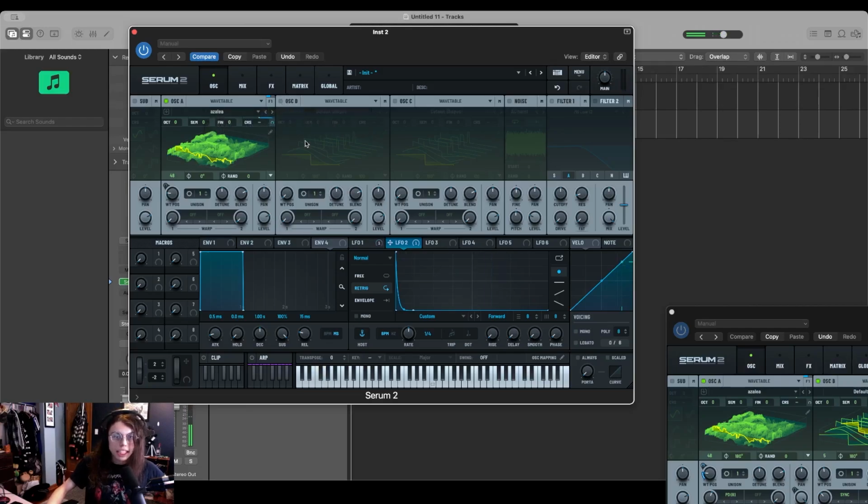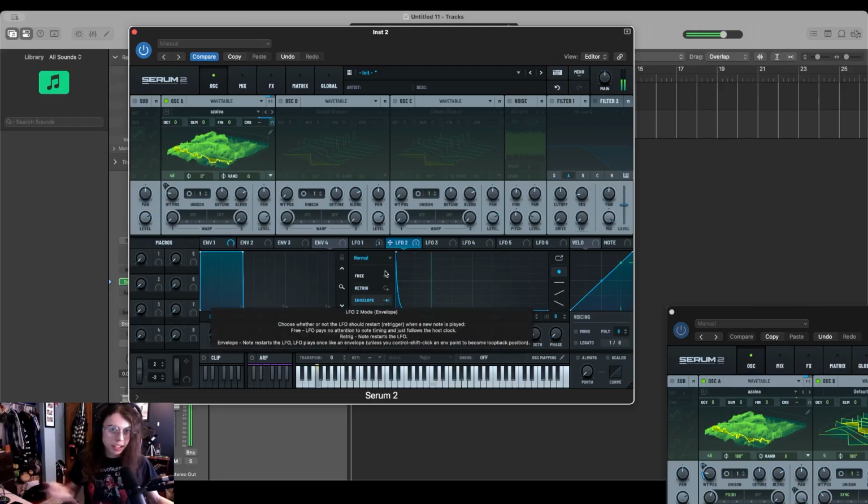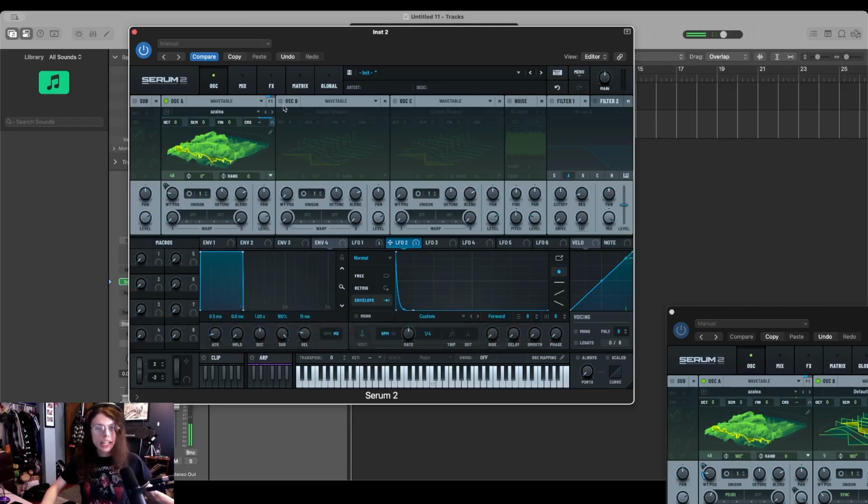And then what I did here, let me also set this to envelope. That way we're not getting the constant sound. If you want that constant clicking sound, you can keep that on. I don't like it. I just like it as impact. And then what I did next